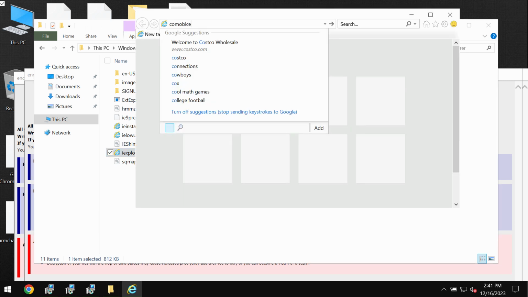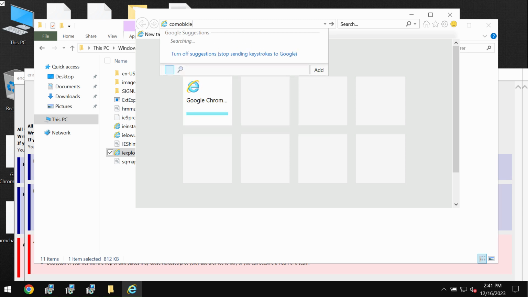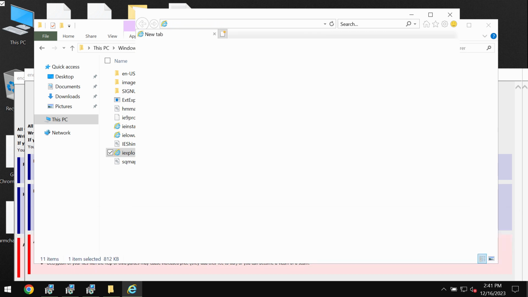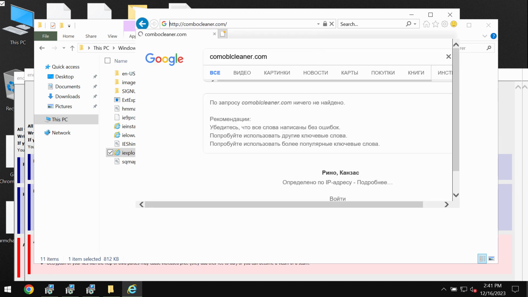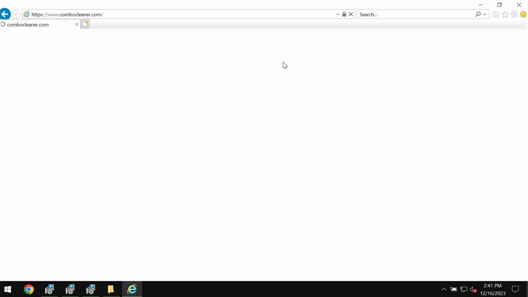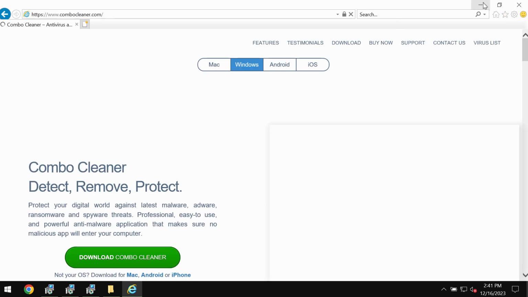Get Combo Cleaner on the website combocleaner.com. Through this official website, download the software, install the application, and once it has been successfully installed,